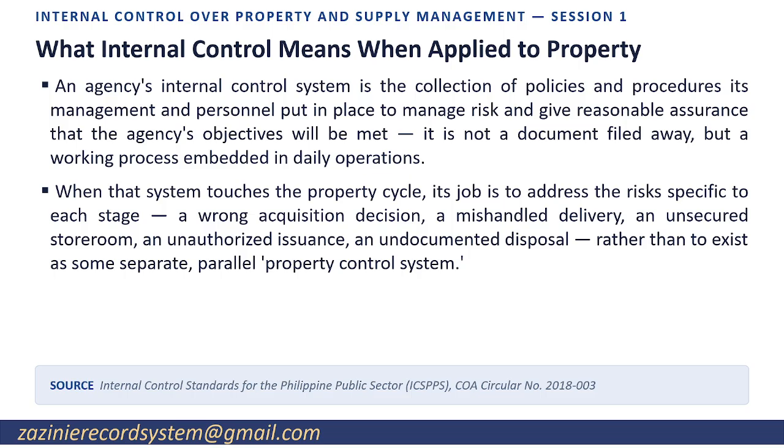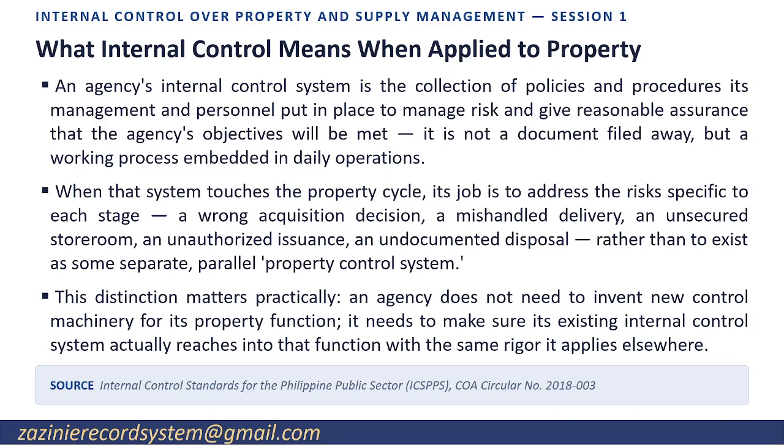When that system touches the property cycle, its job is to address the risks specific to each stage: a wrong acquisition decision, a mishandled delivery, an unsecured storeroom, an unauthorized issuance, an undocumented disposal, rather than to exist as some separate, parallel property control system. This distinction matters practically. An agency does not need to invent new control machinery for its property function. It needs to make sure its existing internal control system actually reaches into that function with the same rigor it